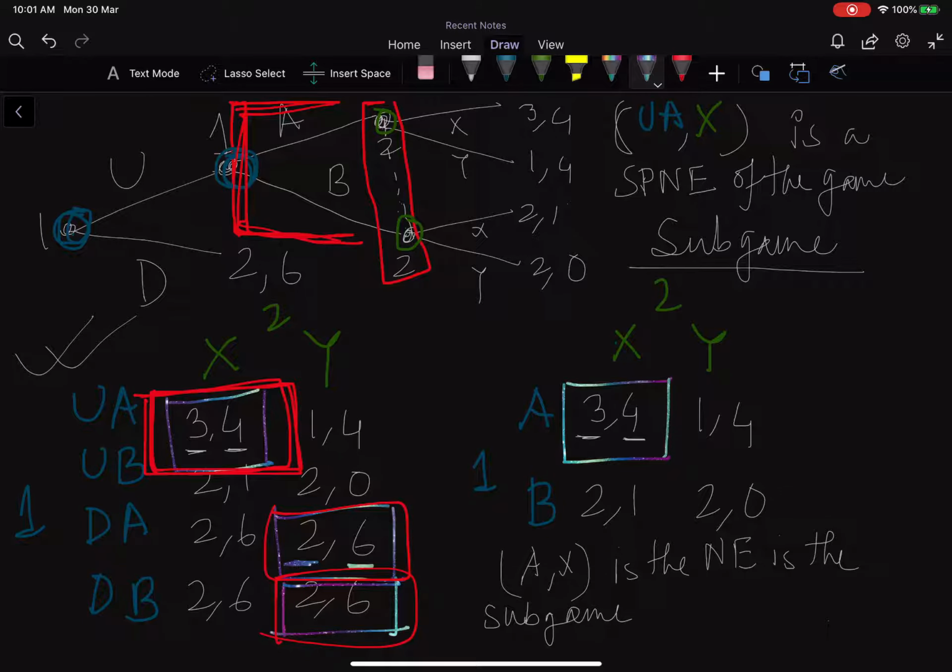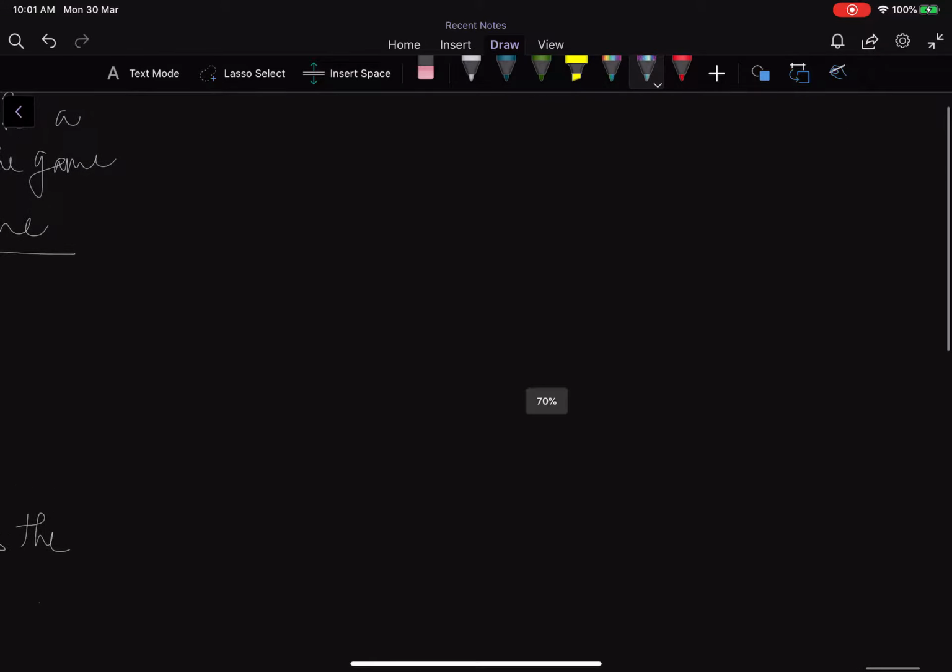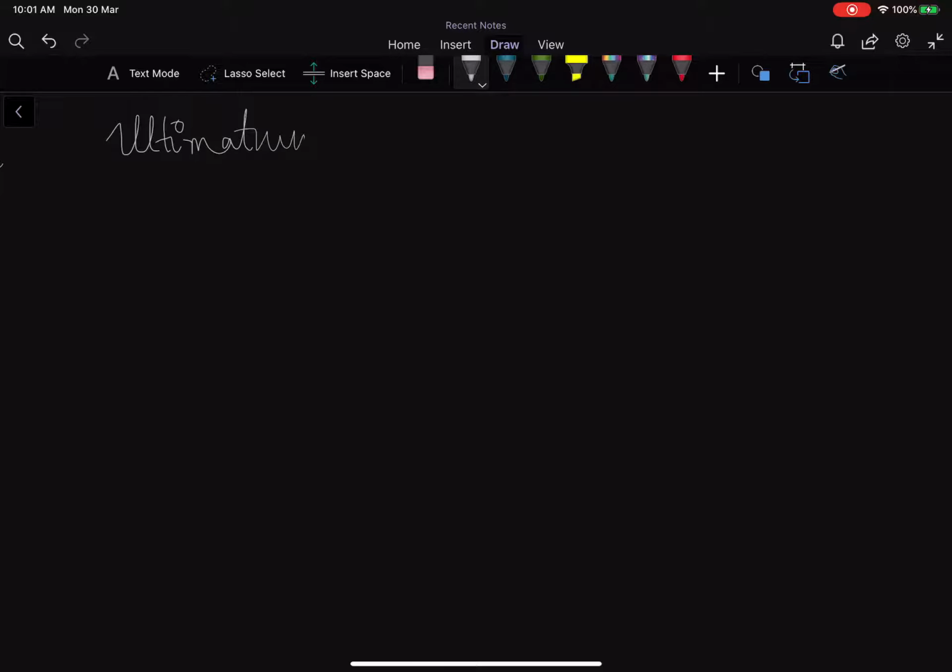Let me now consider a game where the strategies are continuous. So consider a very classic game in game theory, which is called the ultimatum game. It's a two-player sequential move game, and the first player has say rupees 100,